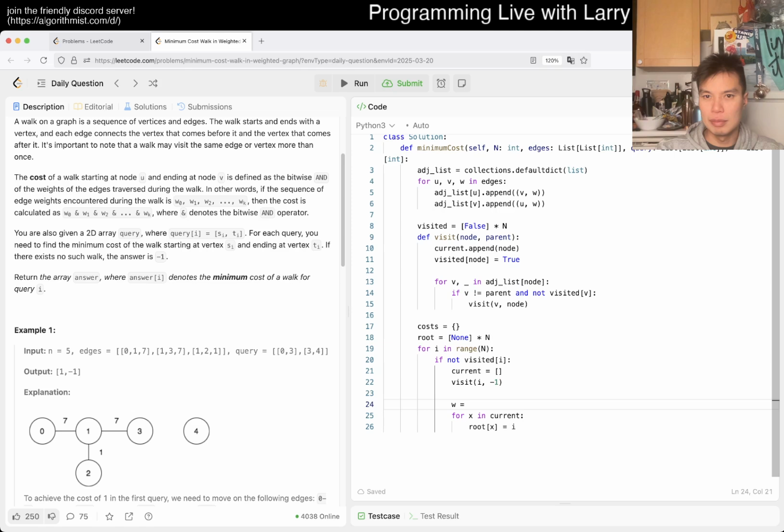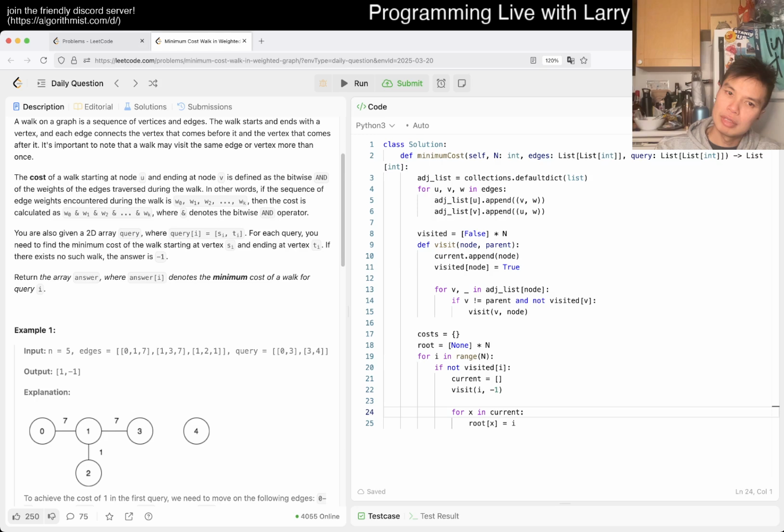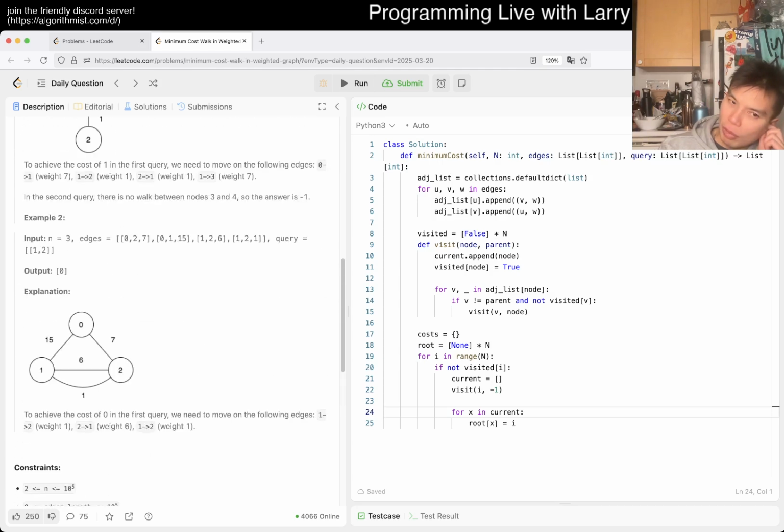Oh, did I mess up? Oh, it's on the edges, not on the nodes. Okay. I mean, it's the same idea really. It's just that you look at all the